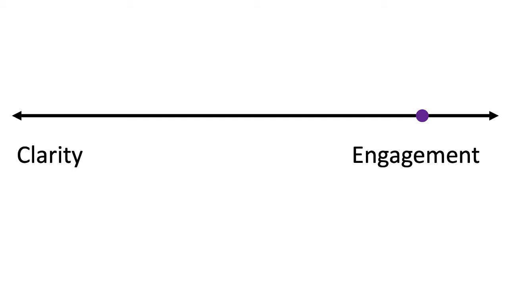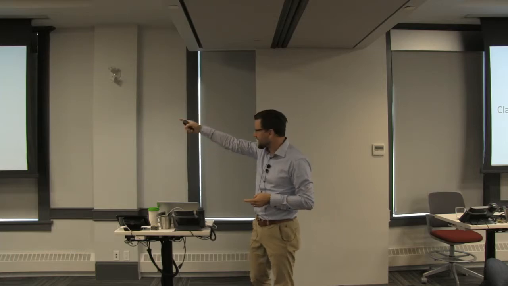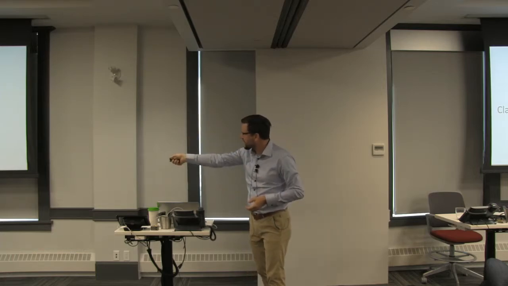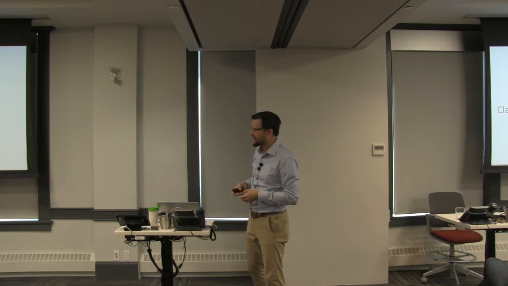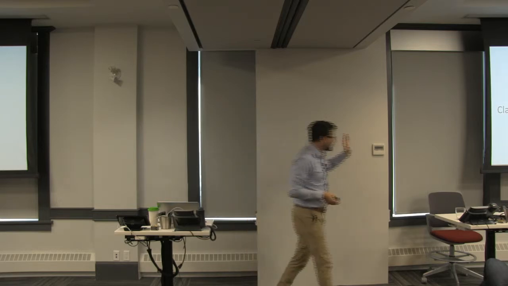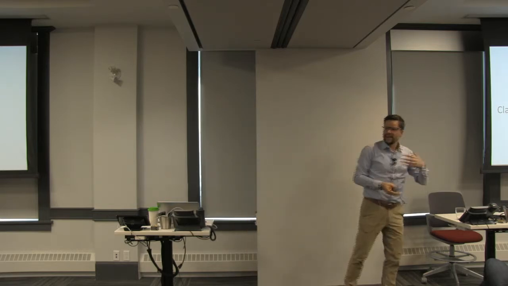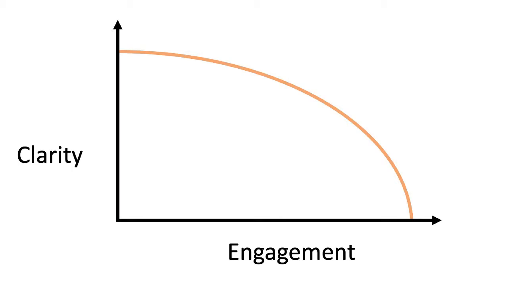What if it's not a continuum? What if instead it's an efficient frontier that you can choose to be anywhere inside that pie-shaped area where you could be really engaging and really clear. Now, if you want to be super engaging, maybe you can't be really that clear. And vice versa. If you want to be incredibly clear, you can't put a lot of engagement sauce into it, right? Okay? But now we can place things on this chart I've created here,